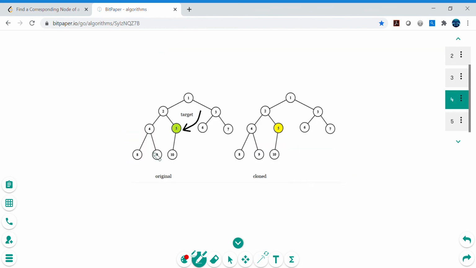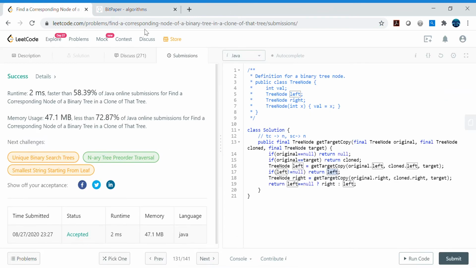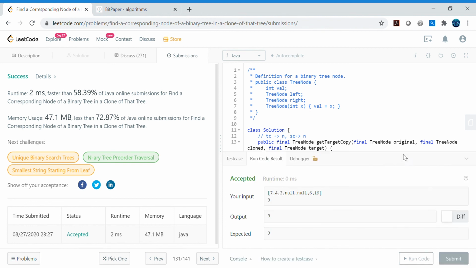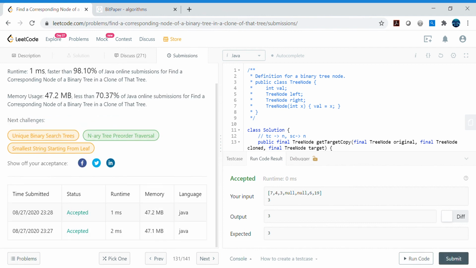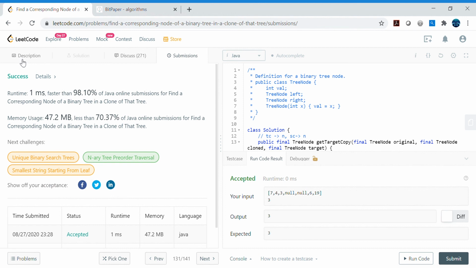And similarly, if right is not equal to null, then let's go ahead and return right. So in that case, there is a chance that it might be on the left side or it might be right side as well. So let's go ahead and do this. If left is not null, it will be returning left, otherwise it will be returning the right side. So let's go ahead and try to optimize this little bit, and let's see. So runtime is from 2 millisecond to 1 millisecond because of this optimization.